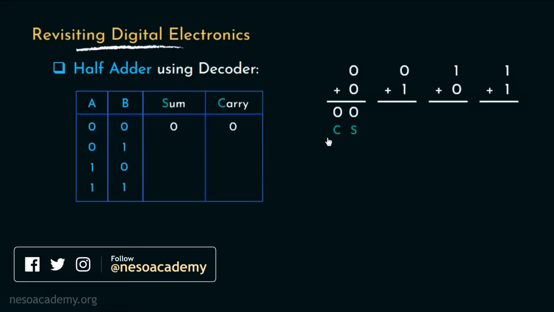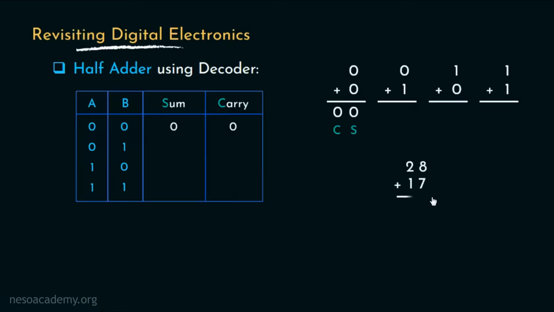Now what's the carry? Suppose we are to add two decimal numbers 28 and 17. If we consider the units place, we have 7 and 8. And addition of that gives us 15 as result. But we can't keep 1 in here. Rather, we will carry this 1 and place it with the digits in the tens place, which finally gives us the result as 45. So, this is the reason why it is called carry.